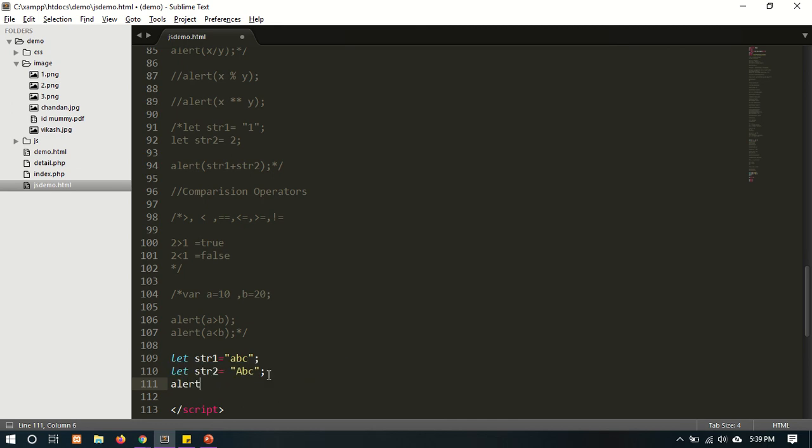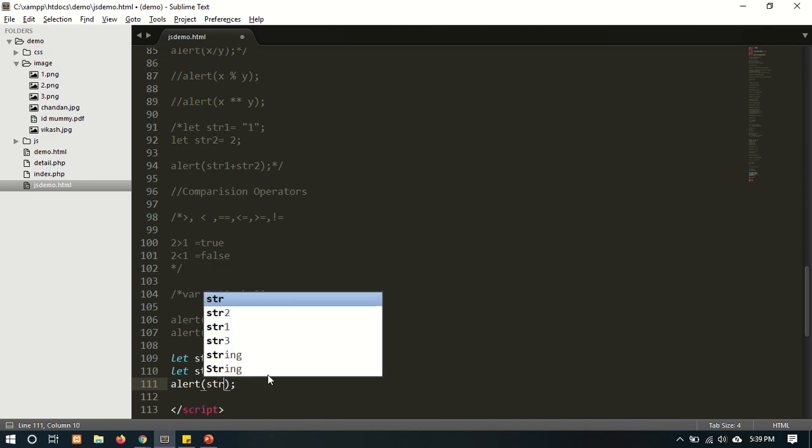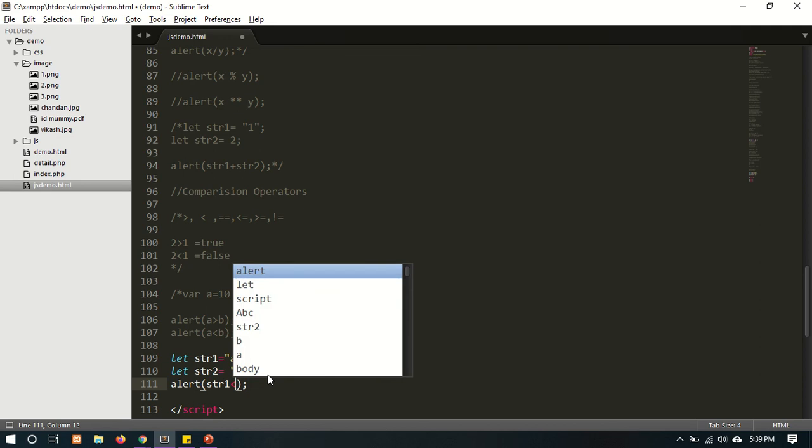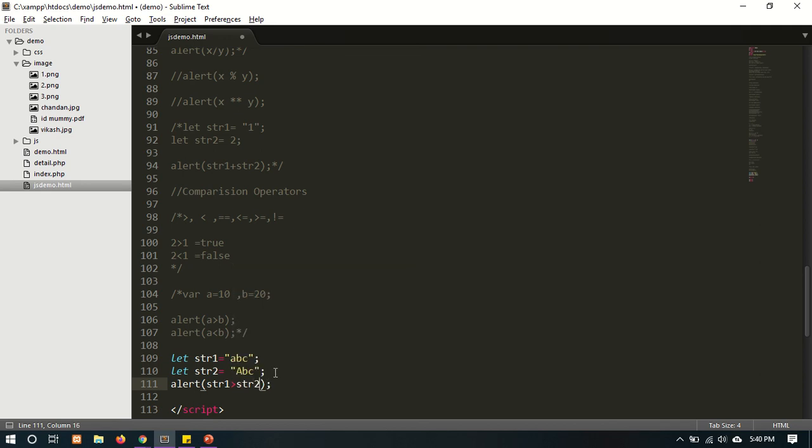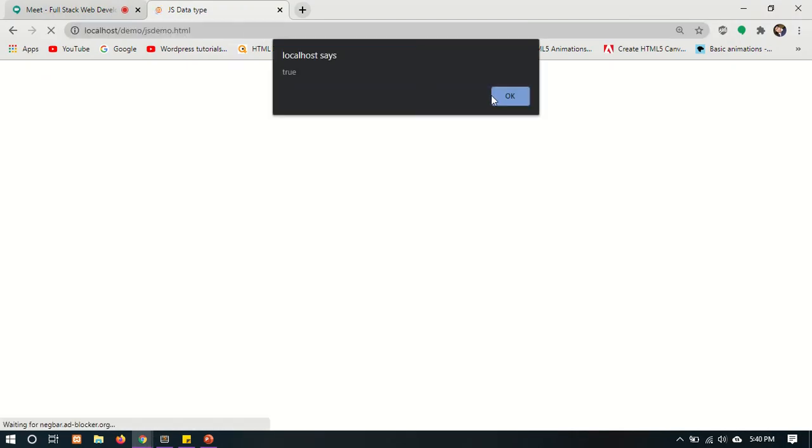Then alert str1 is greater than str2. Yes, what will it return? It returns true.